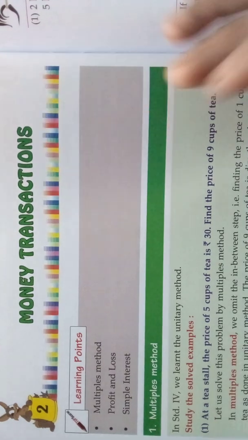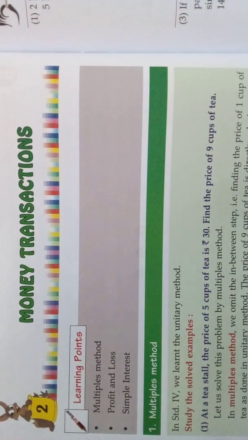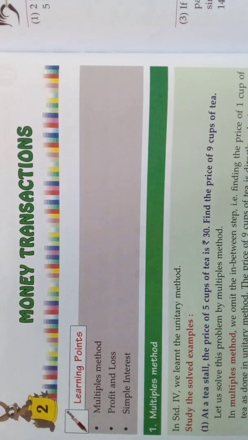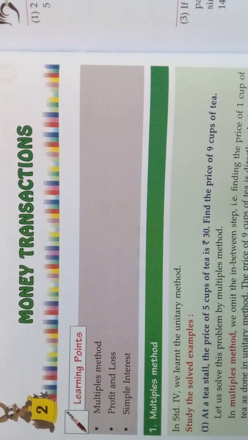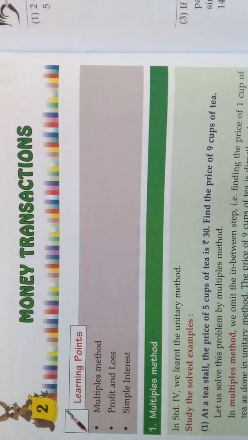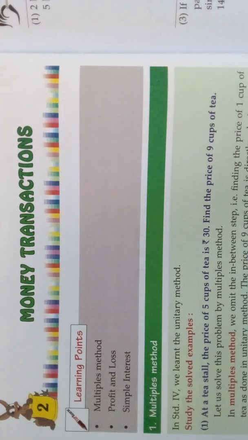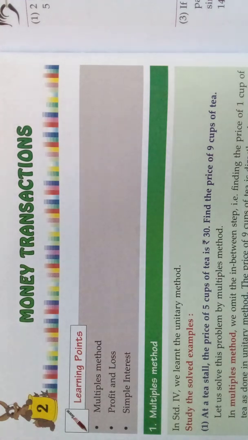See, we are going to a shop and buying something and giving money, and we are getting the product that we want. After that, the shopkeeper will give the change; he will return the remaining amount. Giving money and taking something, and taking the remaining money, is called money transactions. Giving and taking of money is called money transactions.